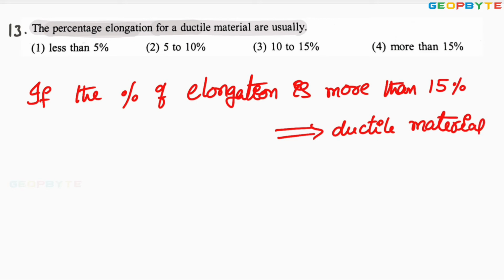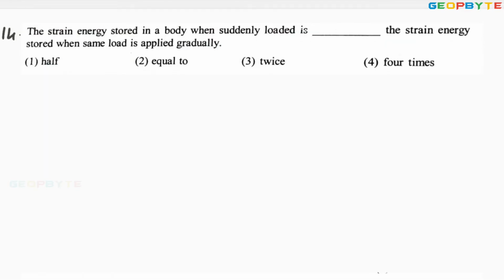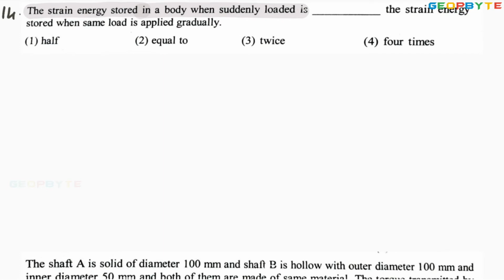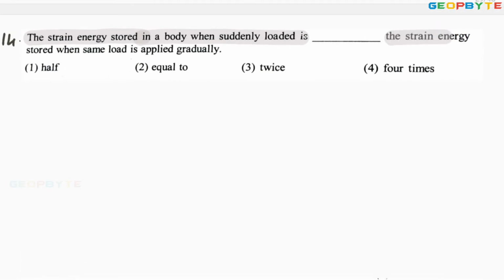Anyhow, look at the fourth option. Fourth option is absolutely correct. Let us take one more problem. Look at the 14th problem. The strain energy stored in a body when suddenly loaded is dash the strain energy stored when the same load is gradually applied. You know, for a gradually applied load,